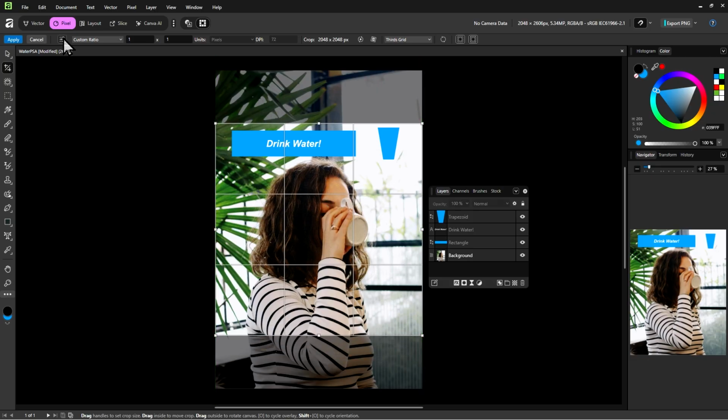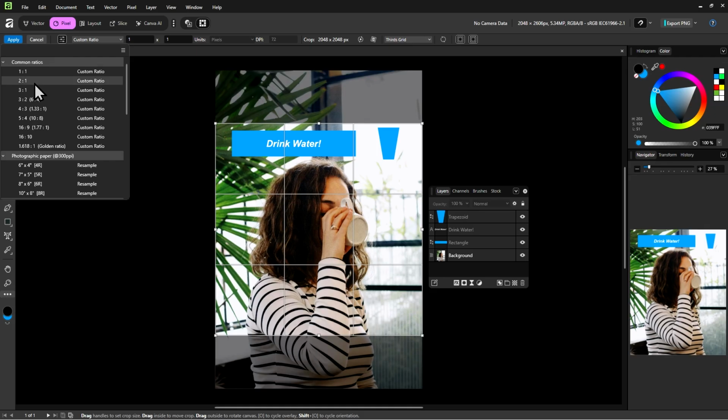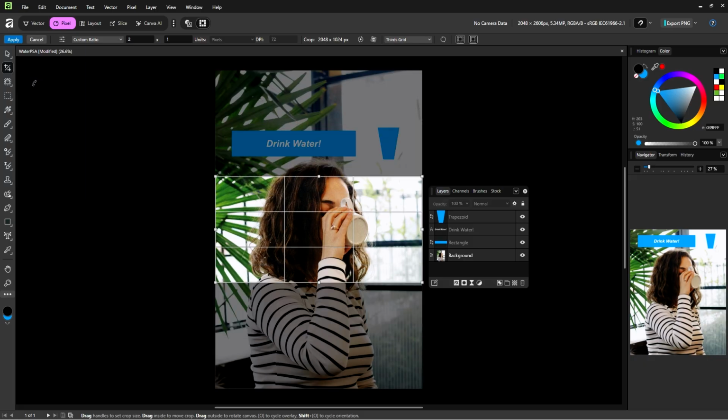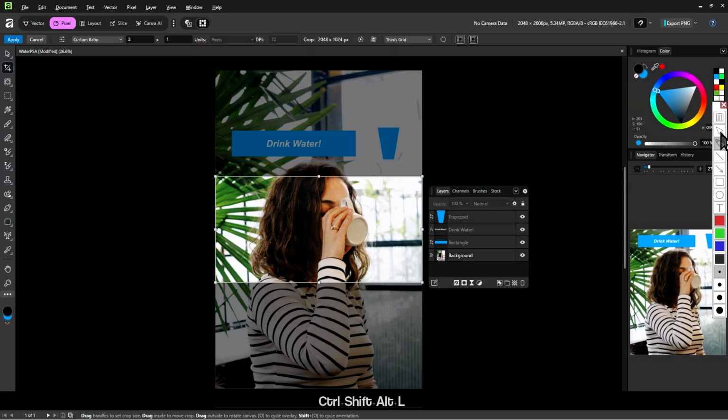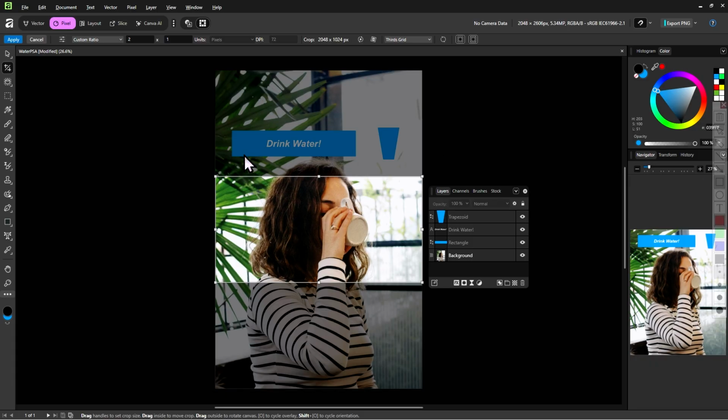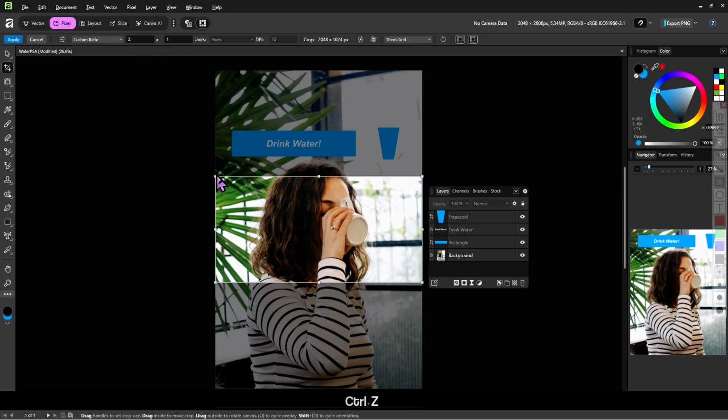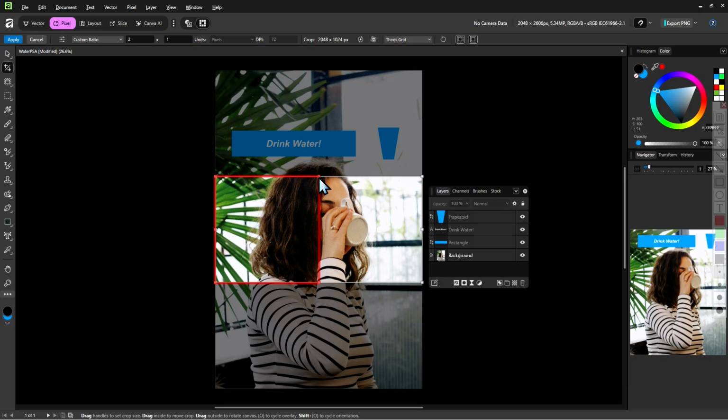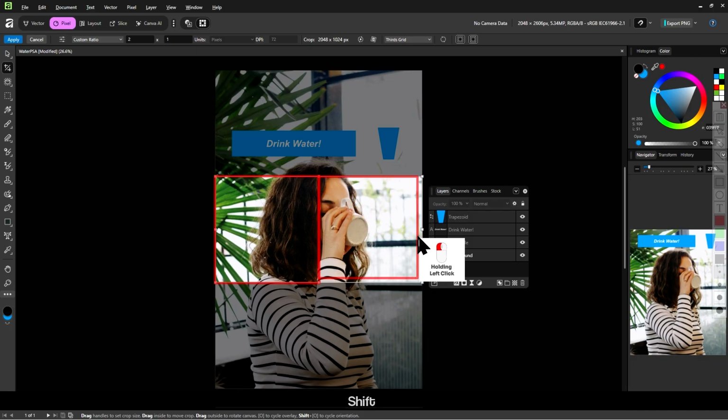A ratio of 2 to 1 means the canvas will be twice as wide as it is tall. And we can see that if we use the 2 to 1 ratio here, and we place two equal size squares on the image. So 1, 2.